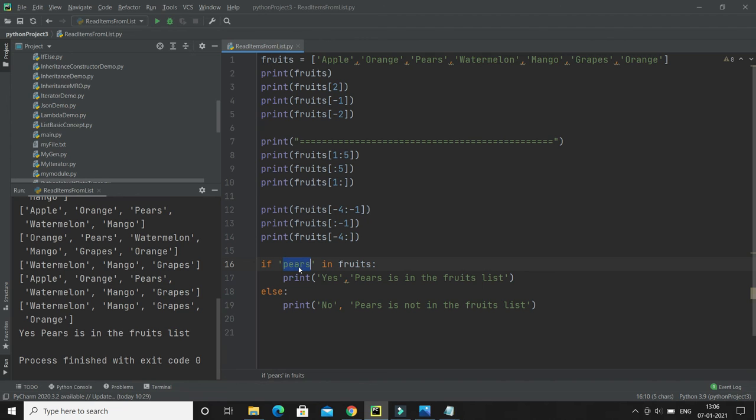If I check whether pears, which starts with a small p, exists in the fruit list, then it is going to return false because this comparison happens considering the case. So if I run, it is saying that now no, pears is not in the fruit list, right? So these things you have to keep in mind while comparing the items in the list. It will be considered case sensitive, right?